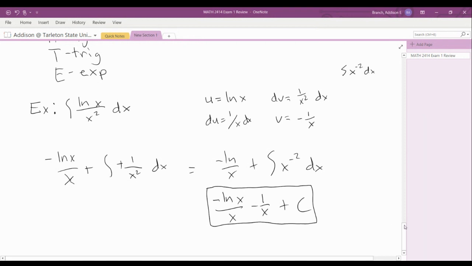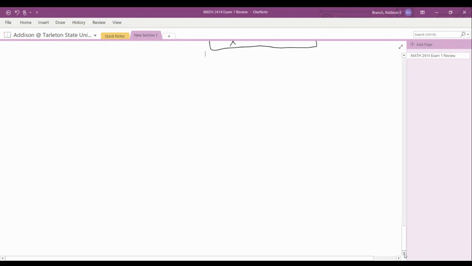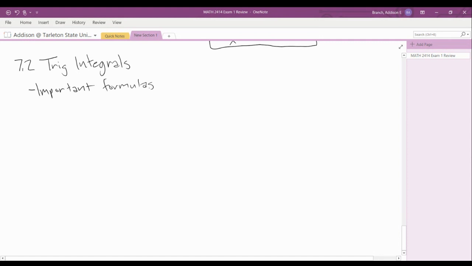All right, so let's go ahead and move on to section 7.2. And this one's going to be over trig integrals. For trig integrals, this one's kind of a formula-heavy section. So your important formulas to know are going to be your Pythagorean identities,